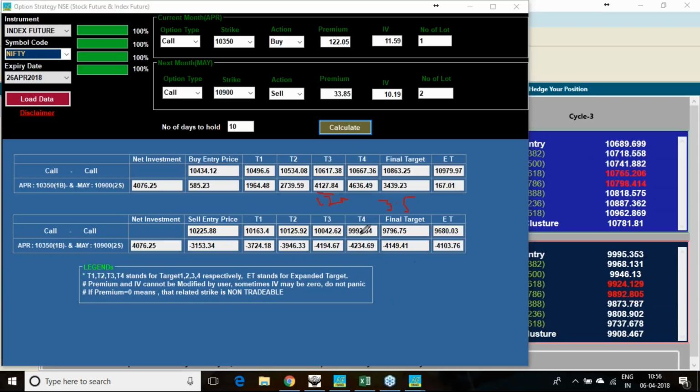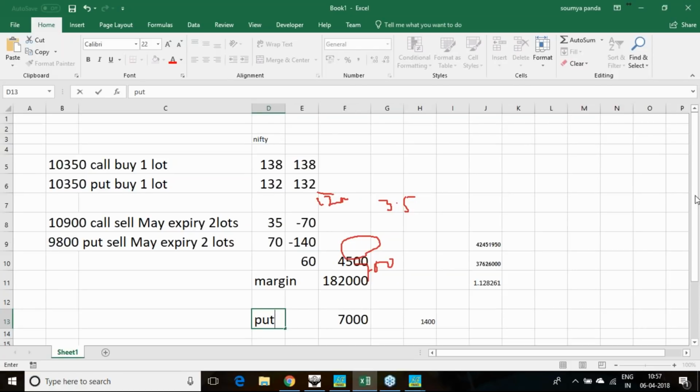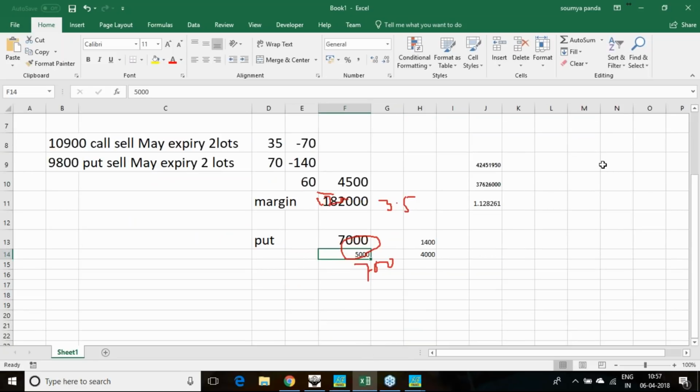In case there is a fall to this particular level, you will have 4,000 losses here, and 7,000 rupees profit there. So 3 to 4,000 rupees profit you will be making on a net basis. In case of any price move, the call combination maximum is some 4 to 5,000 rupees profitability, along with a liability of 3.5 to 4,000. So in this particular combination, irrespective of the market move, I again repeat, irrespective of the market move, for the coming 10 days period,